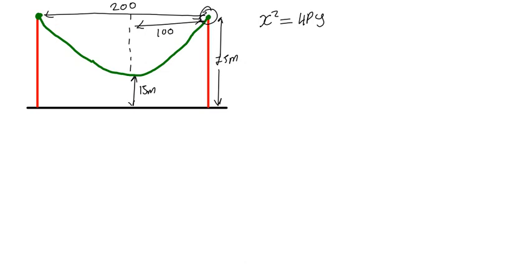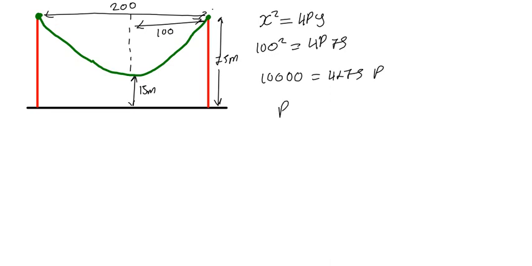The coordinates at this point, in terms of x, is 100. I'm picking from the center, like this point here. So 100 squared is equal to 4p multiplied by y. What is y at that point? It is 75. So that's 100 squared, which is 10,000, is equal to 4 multiplied by 75